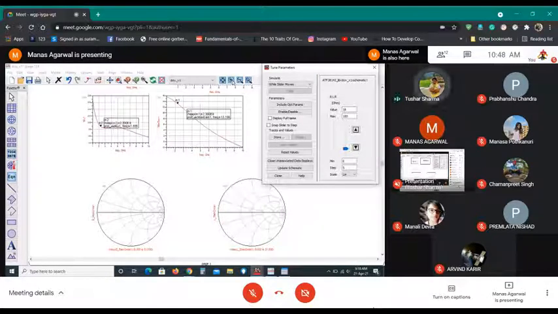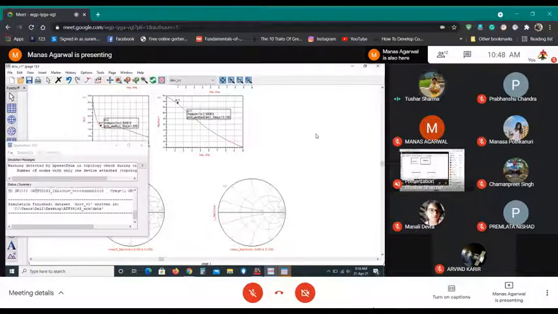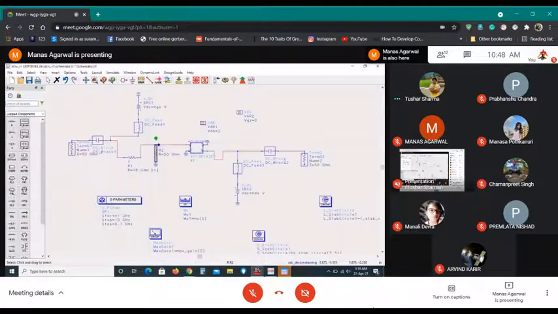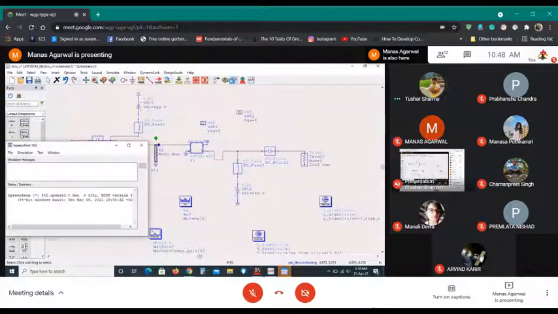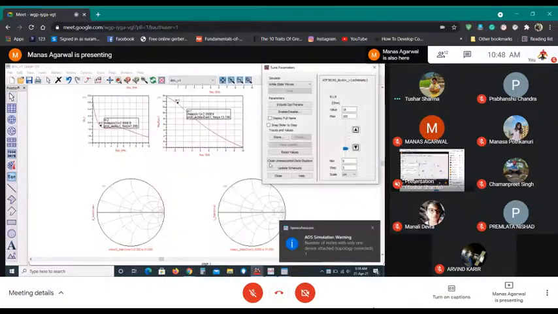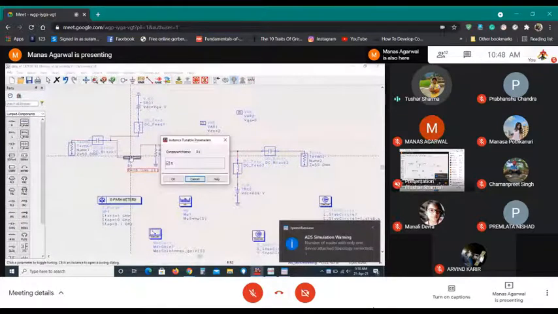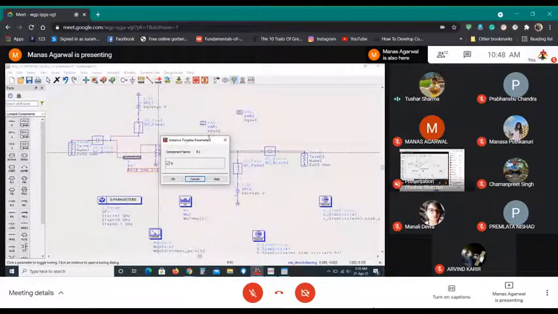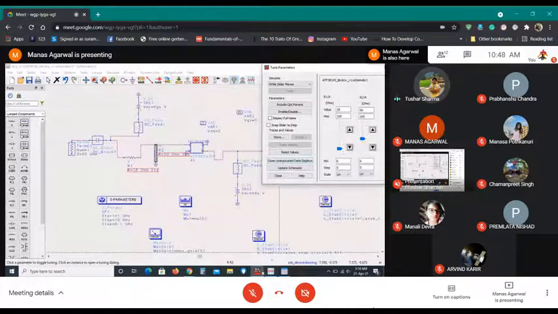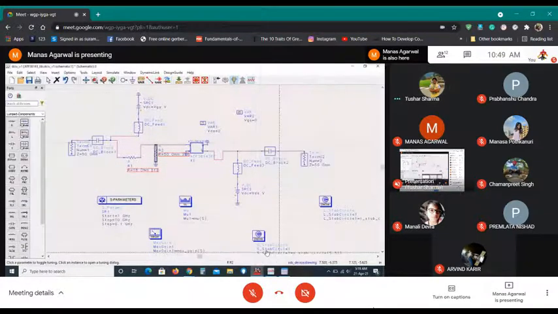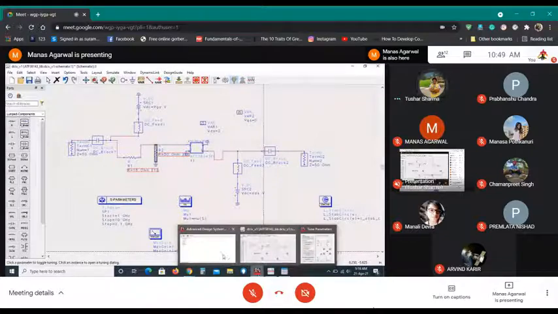Go to the schematic. Don't close. Hit the tuning button and click on both resistors. Go back to the schematic, don't close. Click that resistor. Just click this. Click R. Okay, now go back. Repeat the same exercise. Go back to data display window.